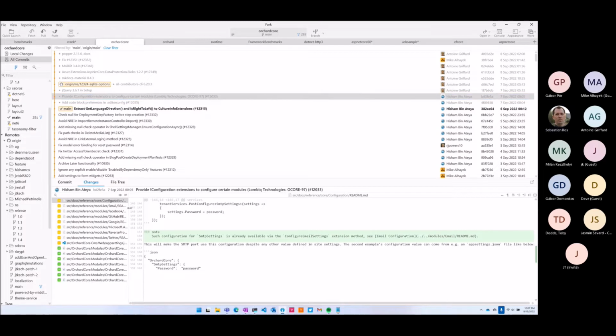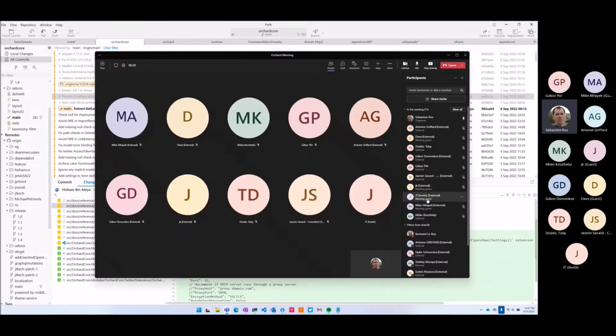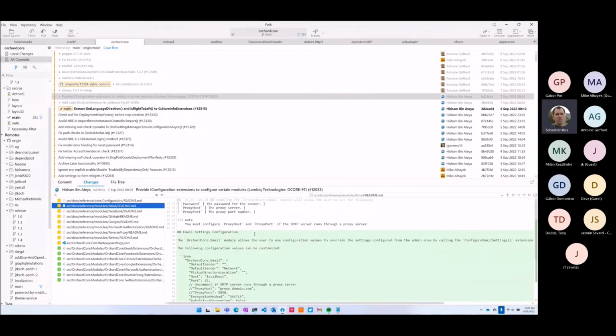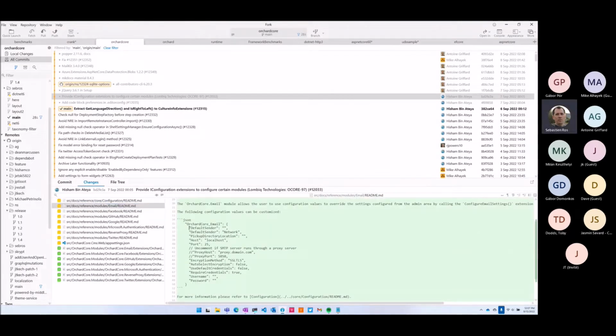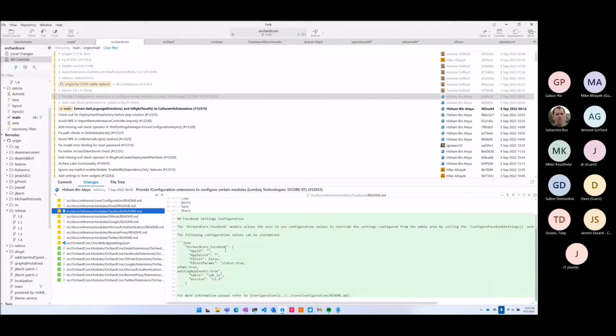What is that? IConfiguration extensions. I'm gonna mute. So this is email configuration. This is Facebook auth configuration. I believe it's missing. It's not missing space. It is just JSON syntax here. Maybe better on single line.